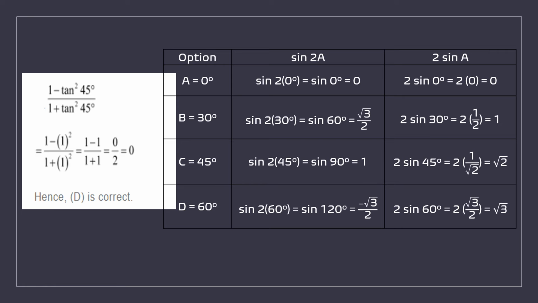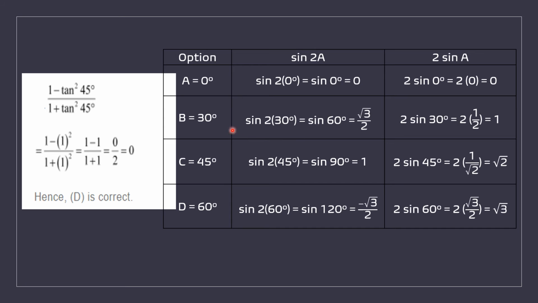And the next one we are going with options. He asked us: sin 2A is equal to 2 sin A. This statement is true for which angle he is asking. For that, let us check for all the 4 options. First, option A is given as 0 degrees. That's why I am calculating sin 2A for A is 0. Sin 2 into 0, that is sin 0 degrees, is 0. Sin 0 is 0 from the table. 2 sin A, 2 sin 0 degrees, sin 0 is 0 only, 2 into 0 is 0. Therefore, for option A both are equal.